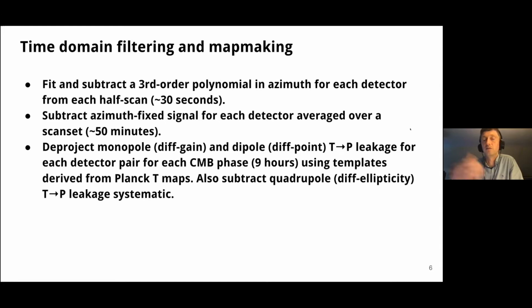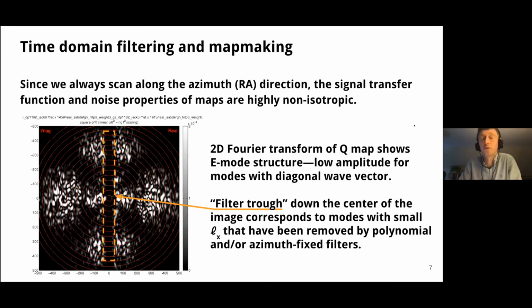but that's there, we don't actually regress it out of our data. We use the coefficients measured from BMAP calibrations. So all of this is to say that there's a lot of filtering that we do that goes into our maps to make them manageable, to remove modes that are very noisy due to atmosphere, but also to remove systematics from things like ground fixed signals or temperature to polarization leakage. So the result, like I said, is that we have maps that are